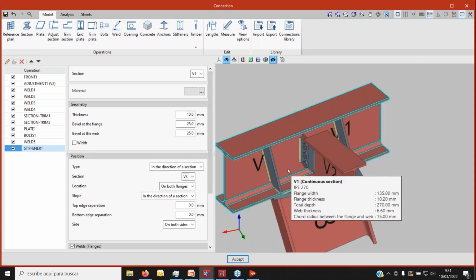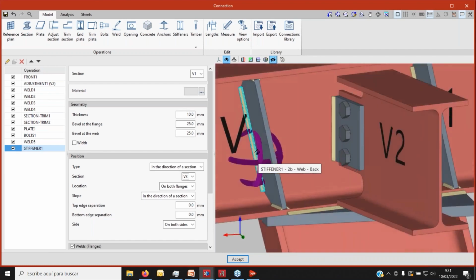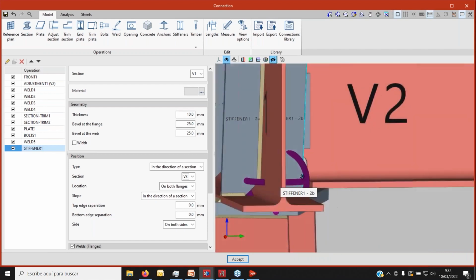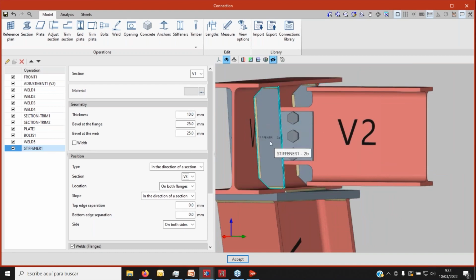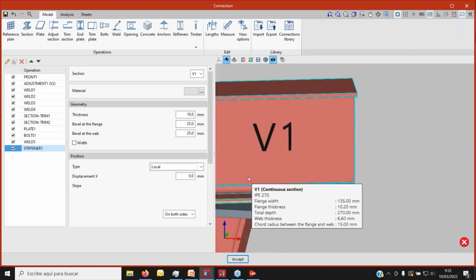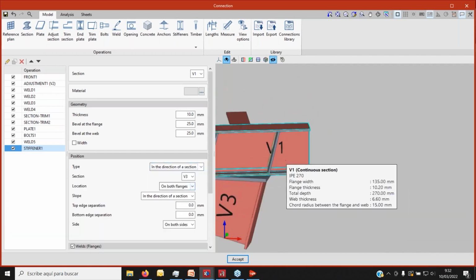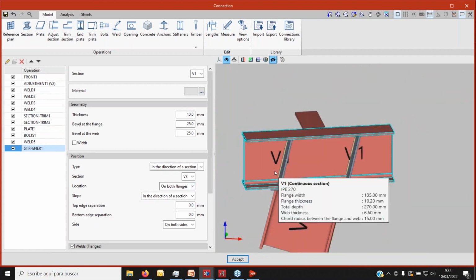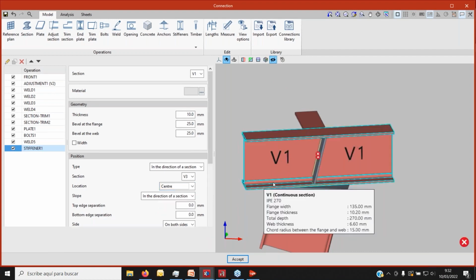And we can set the direction of this stiffener. As you can see, it automatically adds the welds as well as the plates for the stiffeners, and the geometry of the stiffeners is adapted accordingly to this section that we're going to add it to. In this case, I'm going to make it a local type, for example. And we can tell the program if we would like to add it to all the flanges or only to the center,